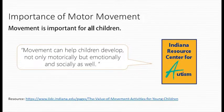Inclusion is important to remember when we consider motor activities and the need to ensure that all children can participate. When you think about motor development and looking at gross motor, fine motor, and exploring with your senses, it is important to think about children with disabilities, especially those who have motor delays. Children may not be able to easily move through the environment and practice these skills, so we need to make sure that they also have a chance to be exposed to movement activities and explore the environment in whatever way